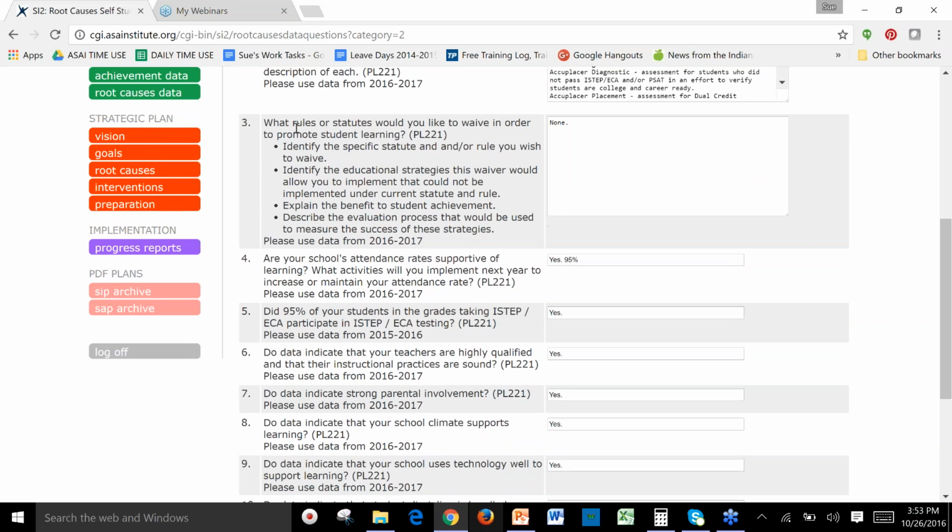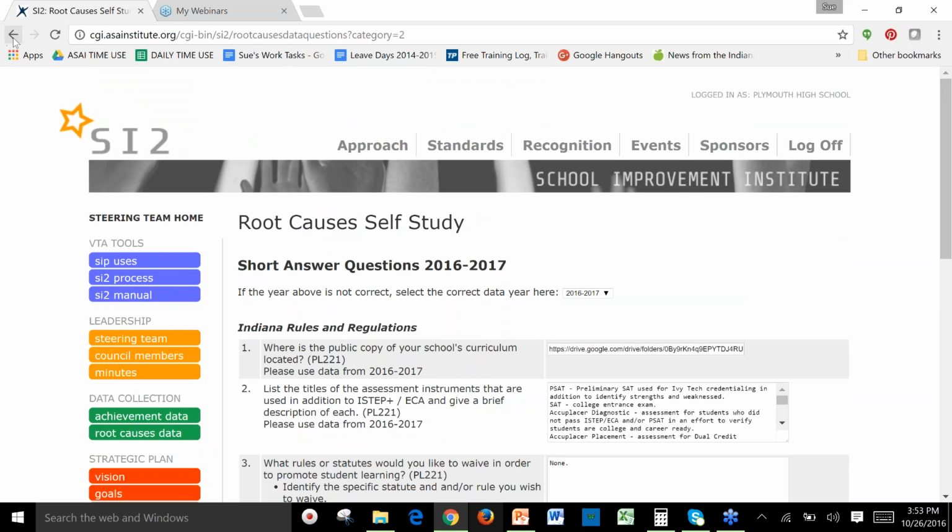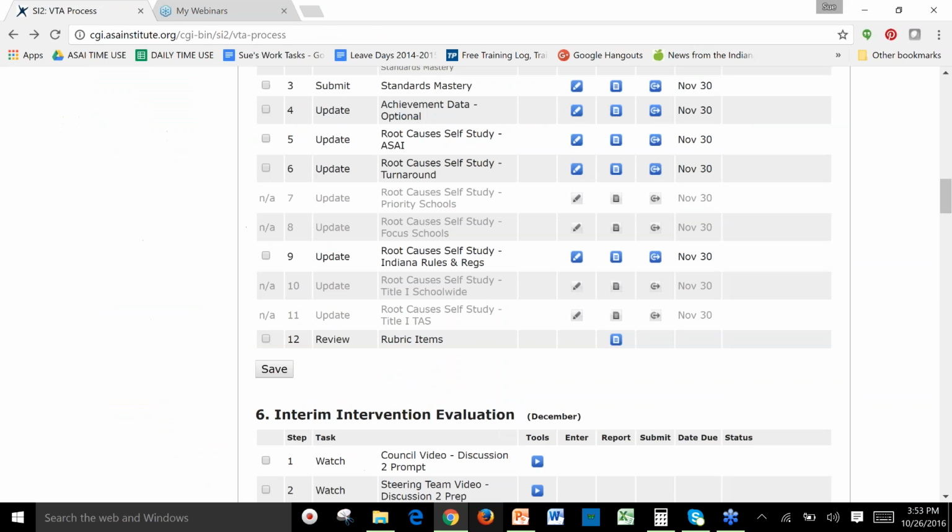Sometimes we get questions on this, what rules or statutes would you like to waive? In this case, Plymouth said none, but if there are rules and regs that you want to waive that you're allowed to waive because they're part of Indiana code, you would describe that here. Okay. So that's that. The next lines have to do with title schools, and you can see that Plymouth is